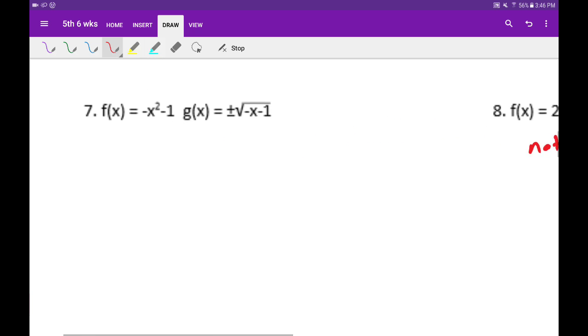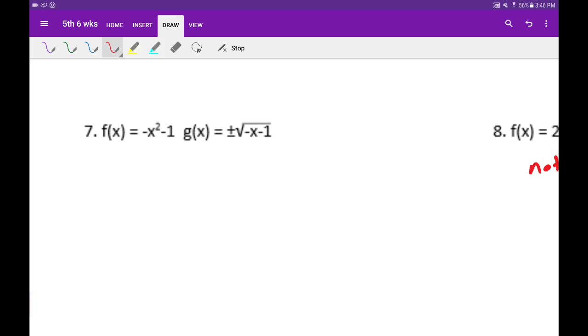Okay. However, on 7, it's possible. I got a quadratic and I got a square root, so it can be. So we got to do further testing. So again, I'm going to put g of x into f of x. So f of g of x